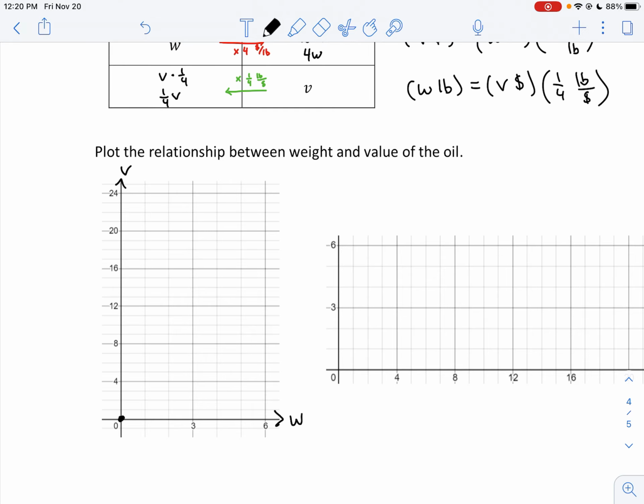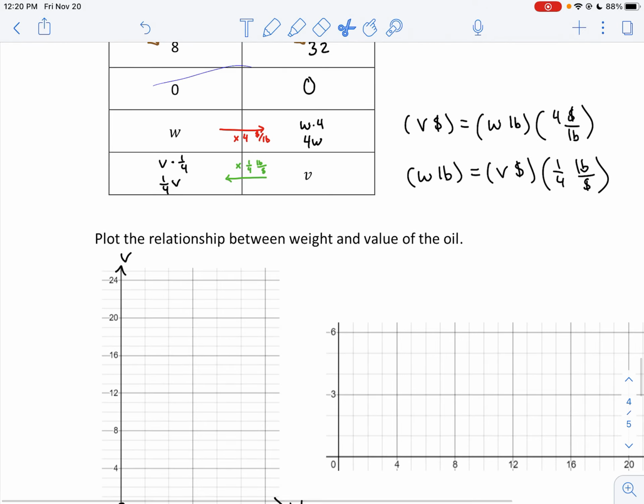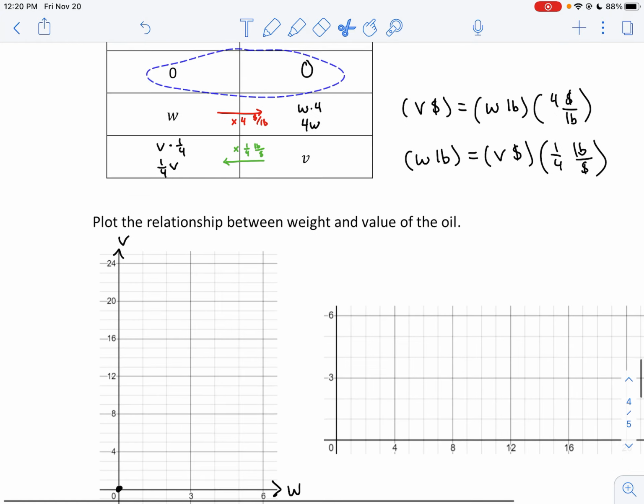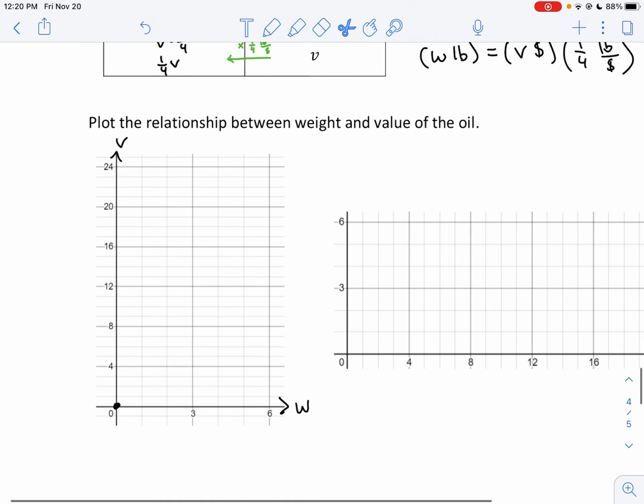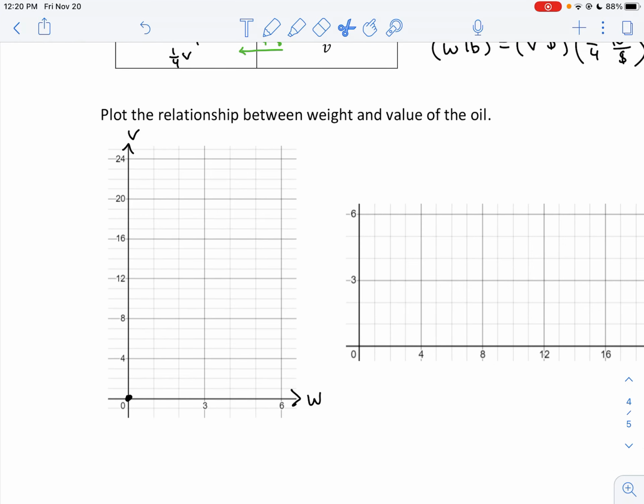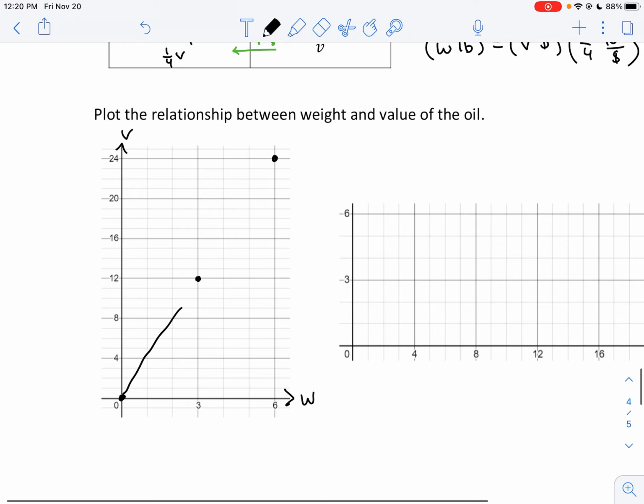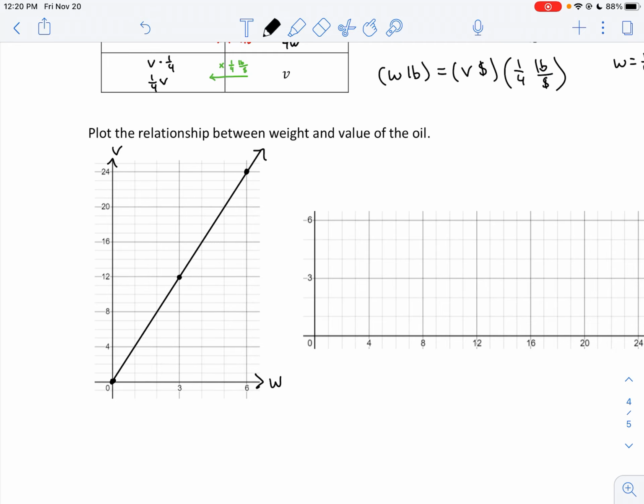You can plot just a few points, like we know that 0, 0 is a point, right? And that's just plotting this point where W is 0 and V is 0. We knew that when the weight was 6, we paid $24, so there's a point up here. When W is 6, V is 24. We knew that when W was 3, the value was 12. And we had some extra data. But what winds up being the case is you wind up producing a linear relationship,